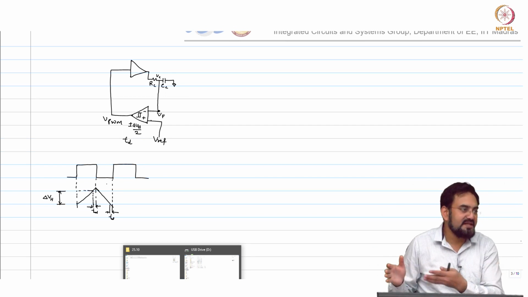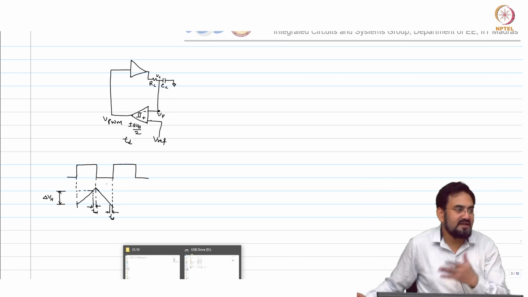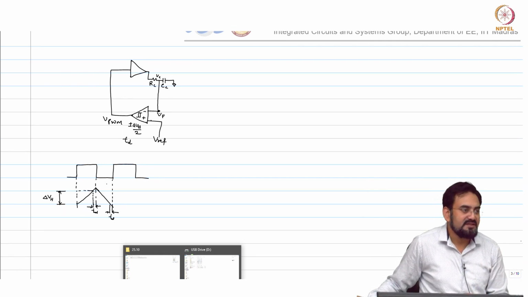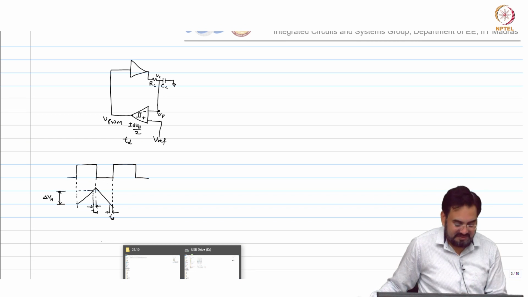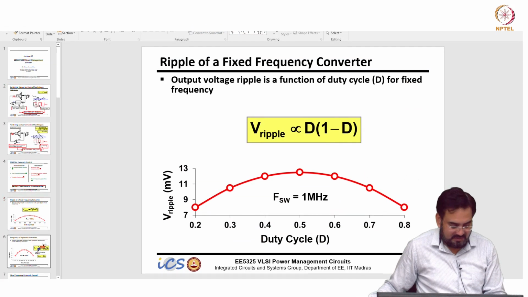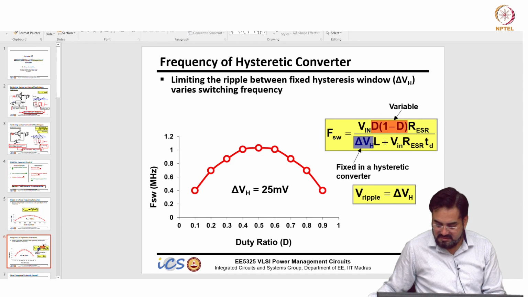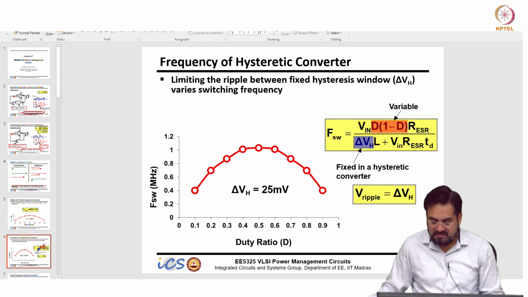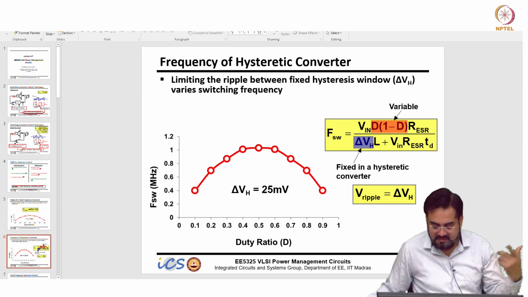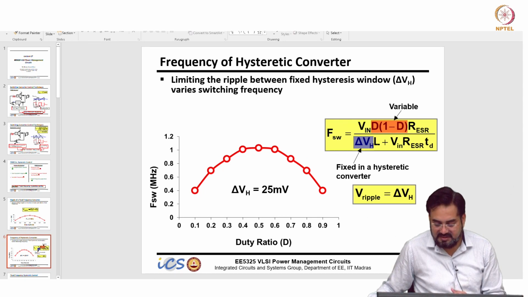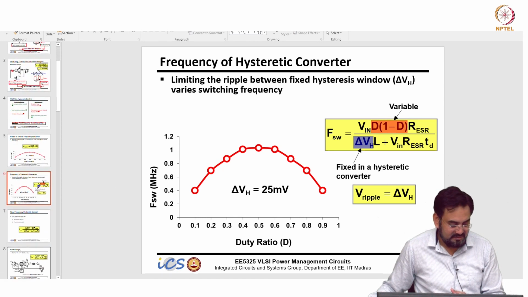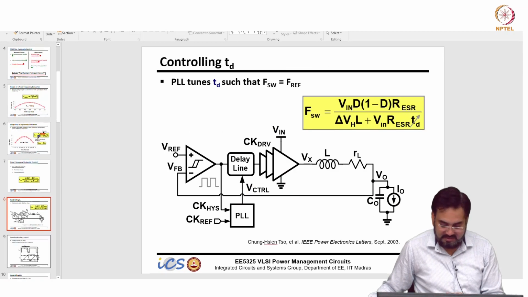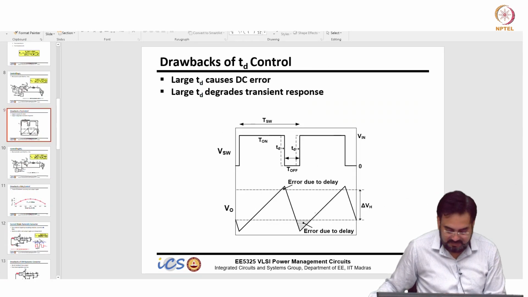So, in the total time, TD will also get added, and when you calculate the switching frequency, you will see TD will affect your switching frequency. Okay, so I will just show you the final expression. This is for voltage mode. You remember in the denominator you have delta VHL. Now, with the TD, this extra component will come, and okay, this is what I wanted to show.